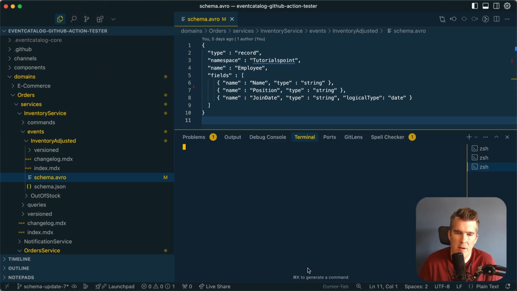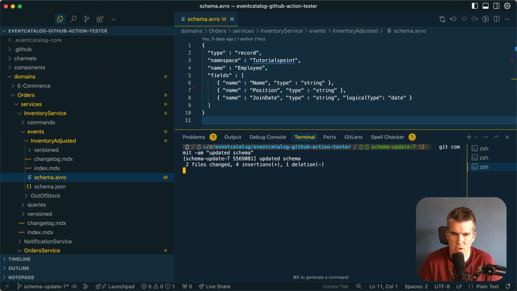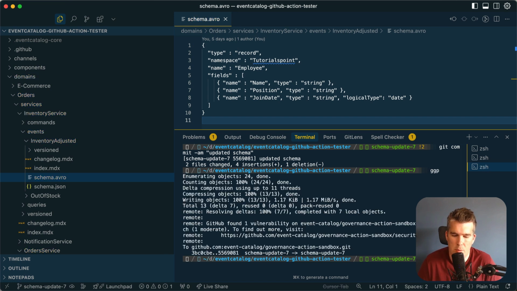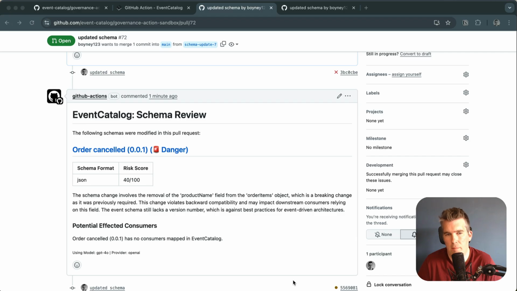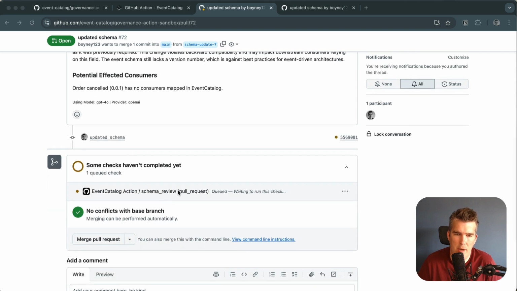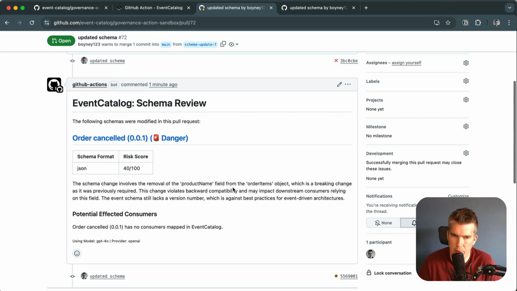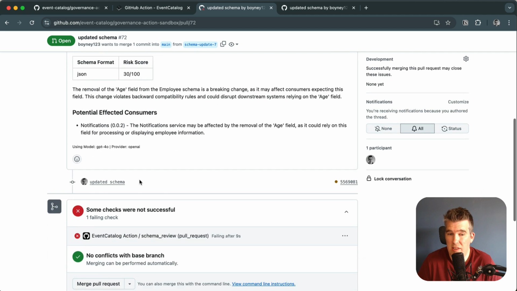So I'm going to come in here and again, make a change to this. So we updated the schema and do a pull request back in. So I'm going to go back to Google now, back to GitHub, and you can see the schema review process has happened again because we've done a new change. Now this time something different will happen. The order cancelled event, we've noticed the change has happened again, or actually in this case we've gone back to